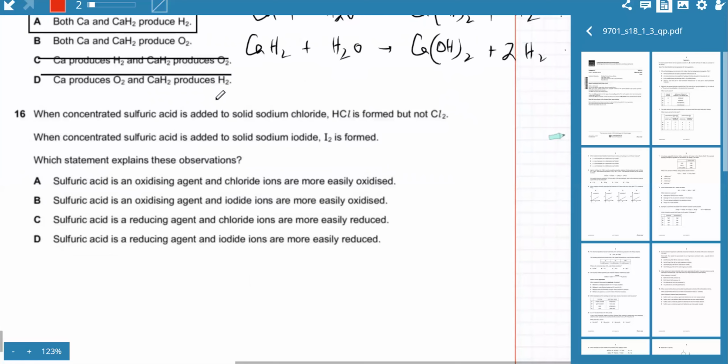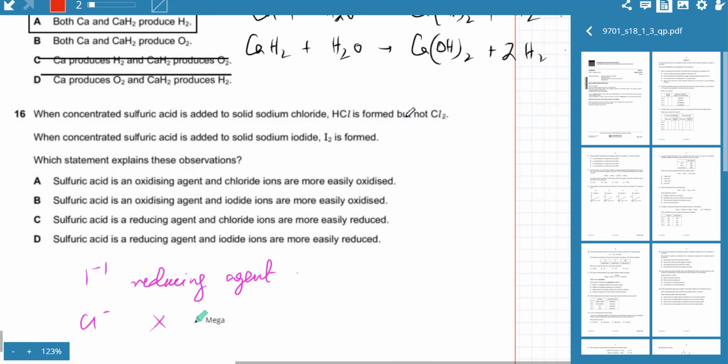The next one is concentrated sulfuric acid added to sodium chloride. HCl is formed, but not Cl2. When concentrated sulfuric acid is added to sodium iodide, I2 is formed. This is something that we studied in inorganic. I-1 was a very good reducing agent because it really likes to lose electrons. Why? Because it's a bigger ion. Meanwhile, I told you that Cl-1 was not a reducing agent because it's a smaller atom, doesn't like to